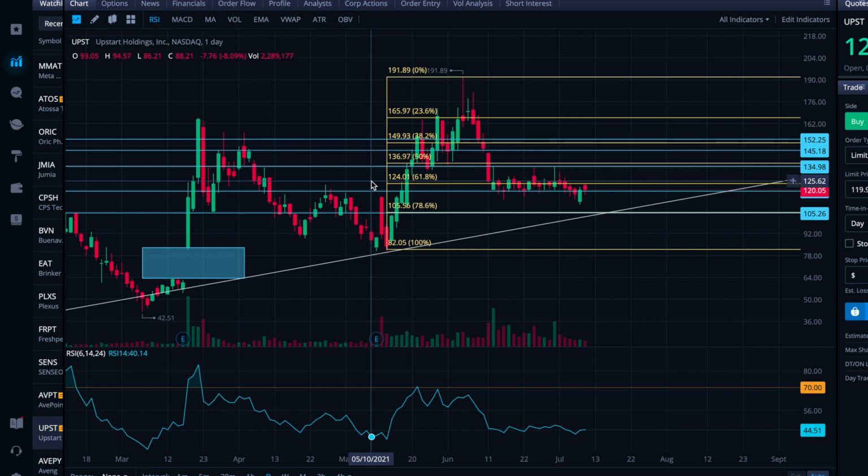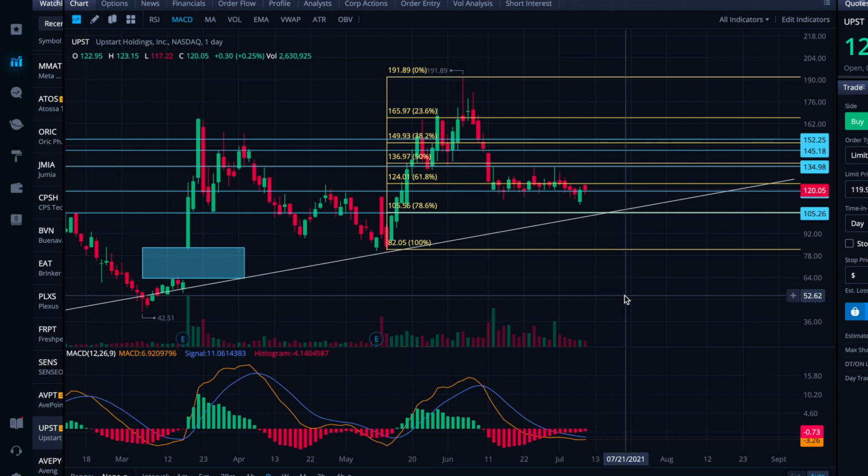So we are sitting really low on the RSI, definitely not super near oversold territory, but definitely below the midline, and so that obviously could bring some additional buying pressure into Upstart just by nature of it being more oversold than overbought, relatively speaking. And on the MACD, we do see the bearish momentum, which had come in quite strongly